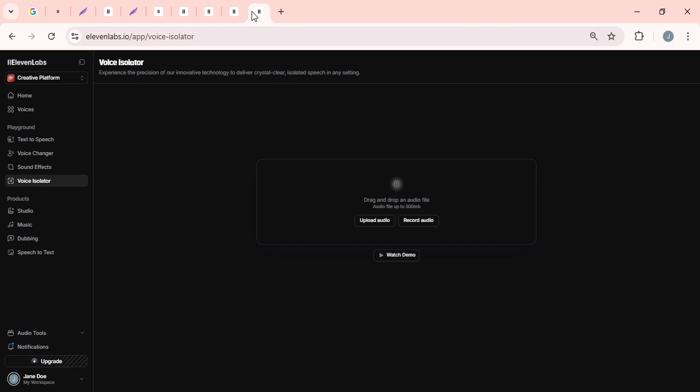Finally, once you've generated the audio content you need, ElevenLabs makes it simple to either download it directly or incorporate it seamlessly into your project. This ease of use